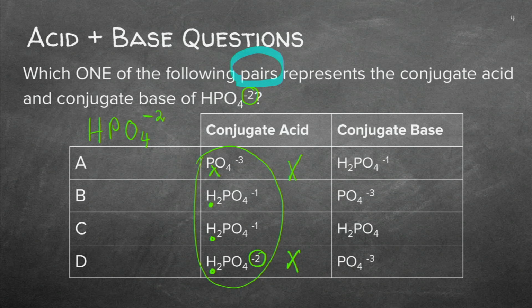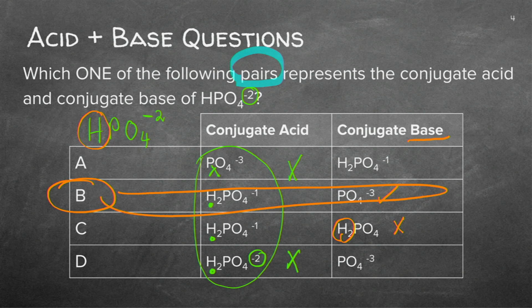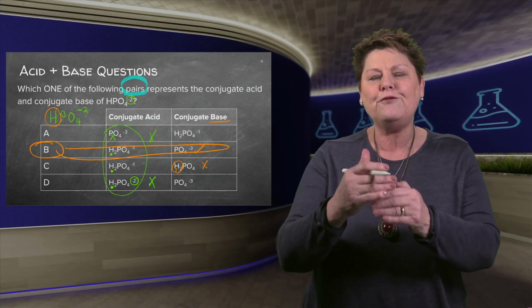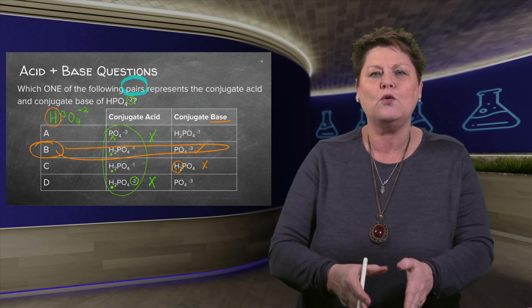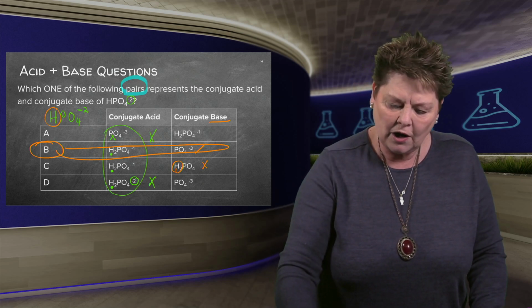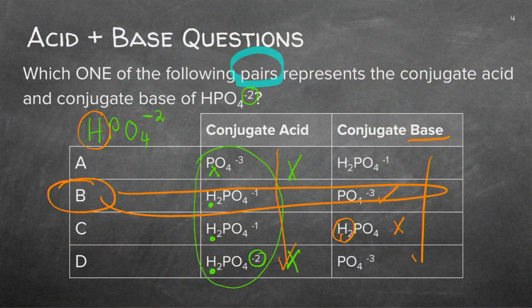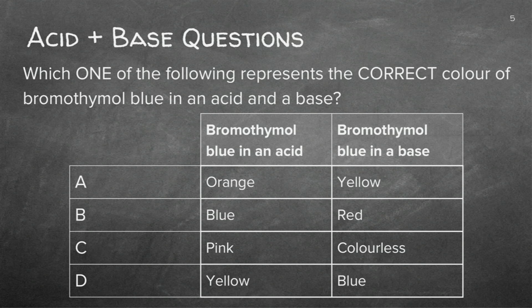Now let's have a look at the base question. Which one of them can accept a hydrogen to give me this substance? It seems like this one can accept a hydrogen. And can you see this one already has a hydrogen? So the remaining answer that is both correct is number B. Guys, identify one way and structure your answer and your thinking. Go through this list and then through that one and see which one is the option.